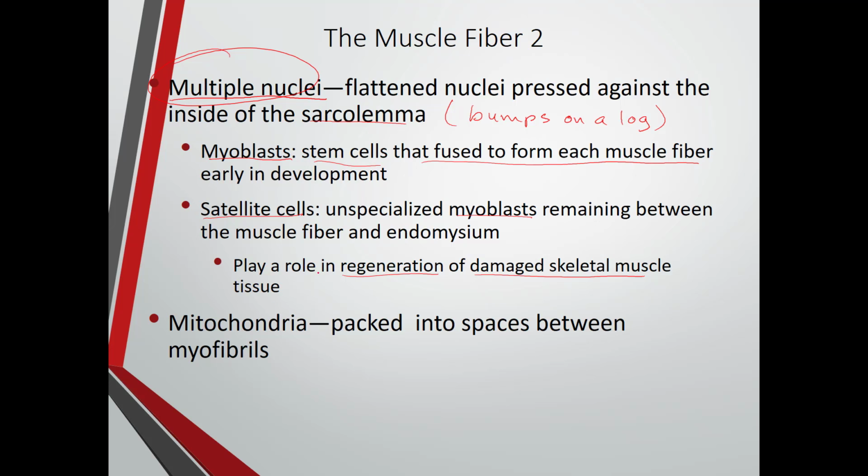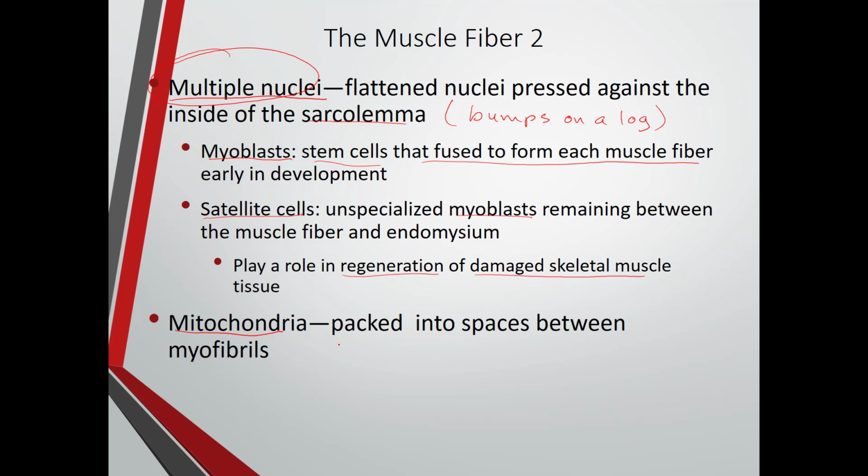And this plays a role in bodybuilders. You know, they'll break the cells down, and then the satellite cells will provide new regeneration of muscle tissue, which will then split it up into more than one cell, and that's how you get these big bulky tissues of muscle. So the mitochondria are going to be packed into the spaces between the myofibrils,